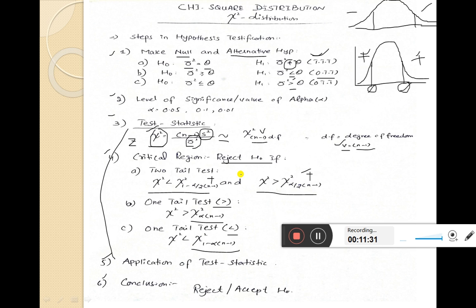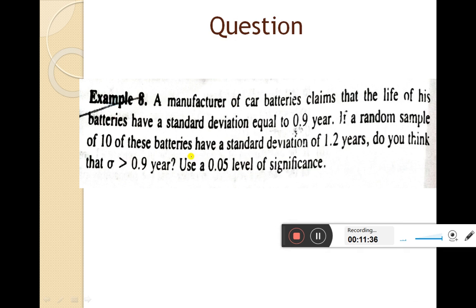Now students, we are going to solve the question. The question is in the book and the data is already given. A manufacturer of car batteries claims that the life of his batteries has a standard deviation equal to 0.9. If a random sample of 10 batteries, that is n equal to 10, has a standard deviation of 1.2 years,